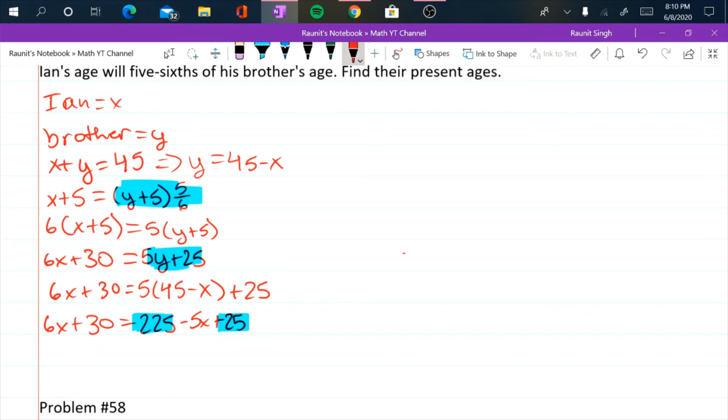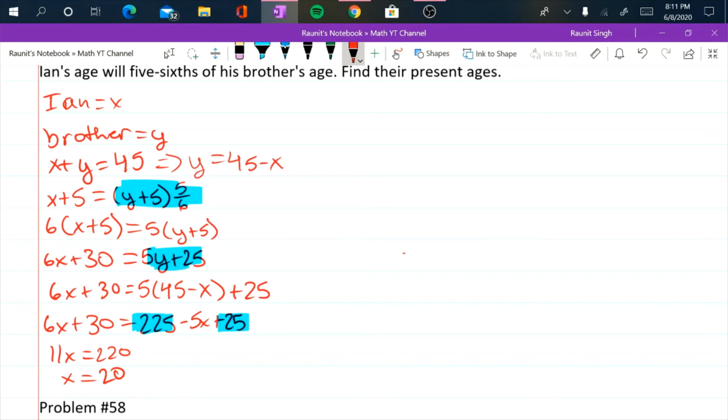And then we're going to bring the x's to one side, numbers to the other. We're going to have 11x equals 250 minus 30, which is 220. And we're going to get x equals 220 divided by 11, which is 20. So Ian is 20 years old,